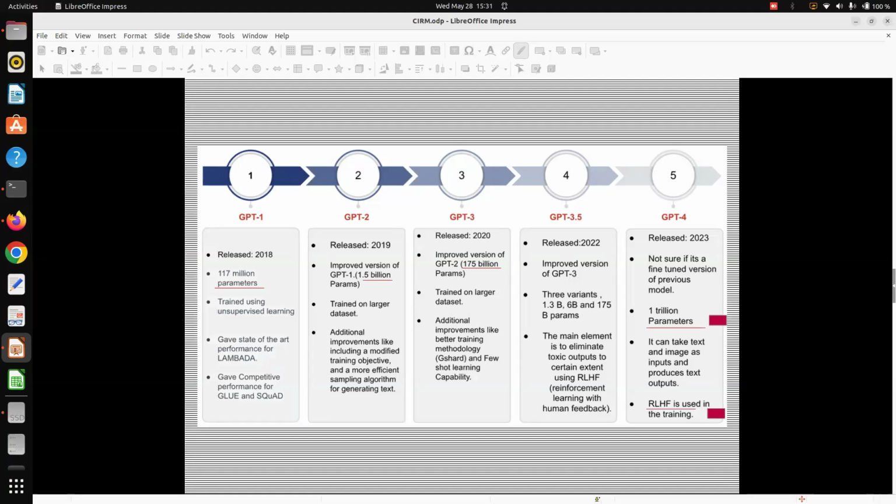So recently, one report came that the carbon footprint associated with this particular GPT-4 project is huge. This is equivalent to 54 times a person going to Mars from Earth through a rocket. That kind of carbon footprint is associated with the GPT-4 model. So, is it viable?